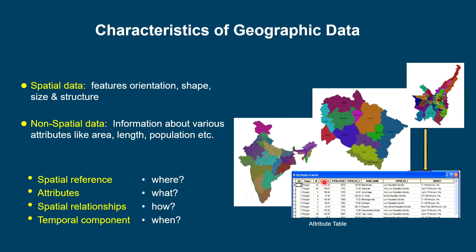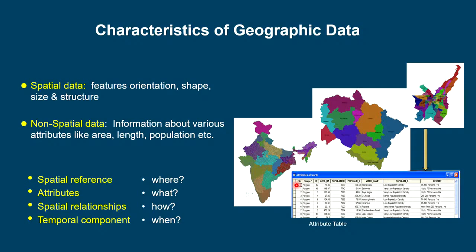For example, this FID 0 represents one polygon here, and then shape is polygon, then ID is 42, then area is this much, population is this much, population 1, then ward name is this one, population 2, density, etc. So different types of information related to polygon 1 you can mention here. So one polygon can have n number of attributes, and those attributes you can put in the tables,